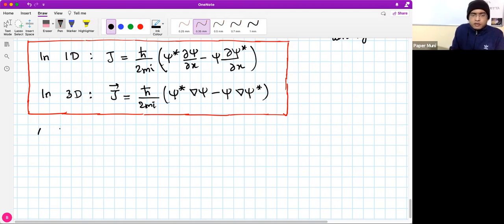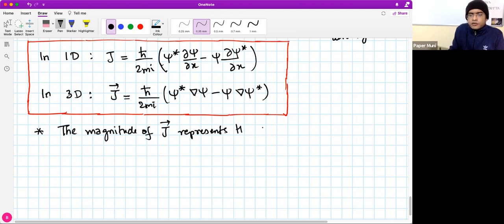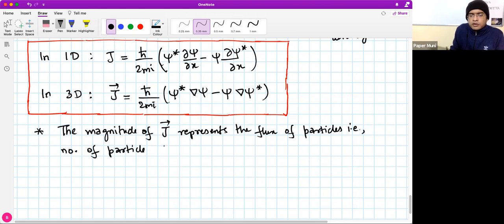The magnitude of the j vector represents the flux of particles, that is, the number of particles passing through a cross section